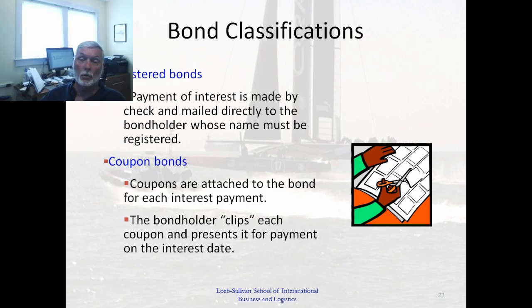And they not only know who they're paying, but they also inform the government that they've paid you interest, so the government can charge you taxes on that interest. And the reason that there are only registered bonds is that starting in the 80s, the US government said you can't issue the other kind of bonds, which are called coupon, or sometimes called bearer bonds.